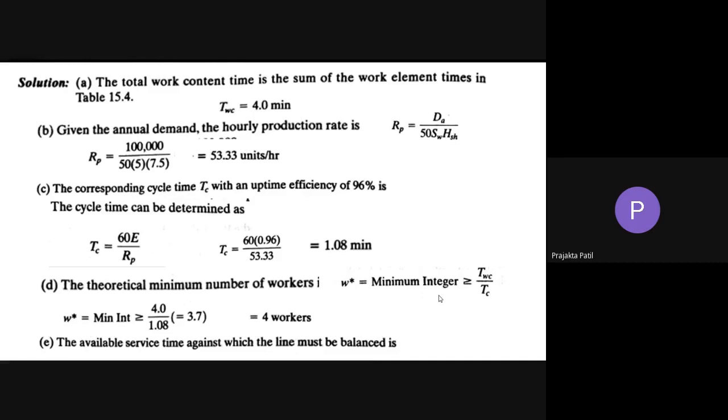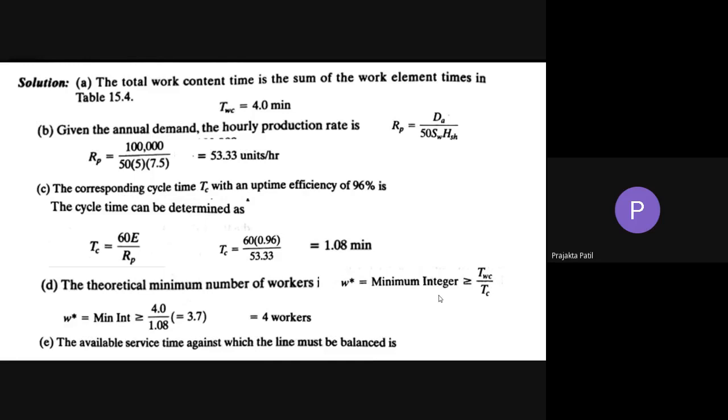I had shown you the graph yesterday, the column graph. The total cycle time will be the sum of the service time plus the TR value, that is the repositioning time, and idle time at times.